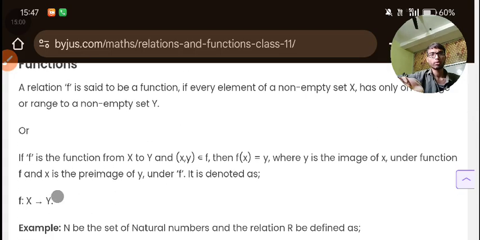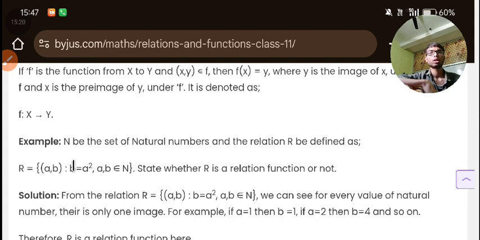Or if f is a function from x to y and x comma y belongs to the function, then f(x) is equal to y, where y is the image of x under function f and x is the pre-image of y under f. Example: let n be the set of natural numbers and the relation r be defined as